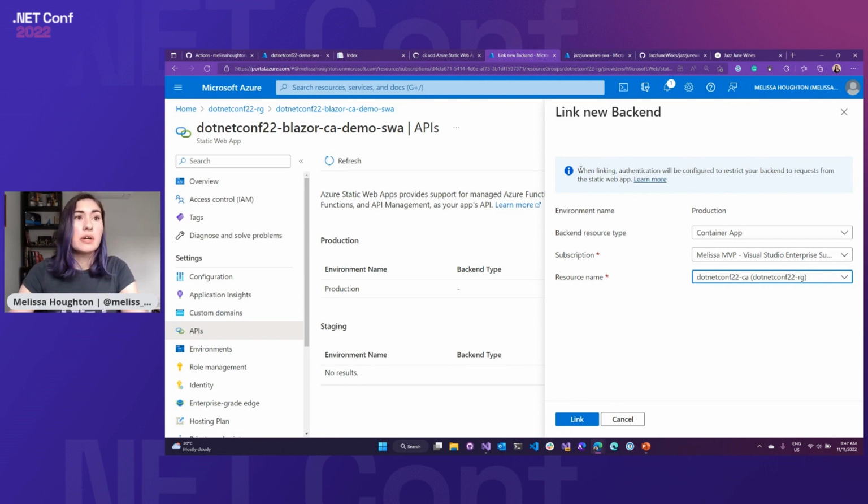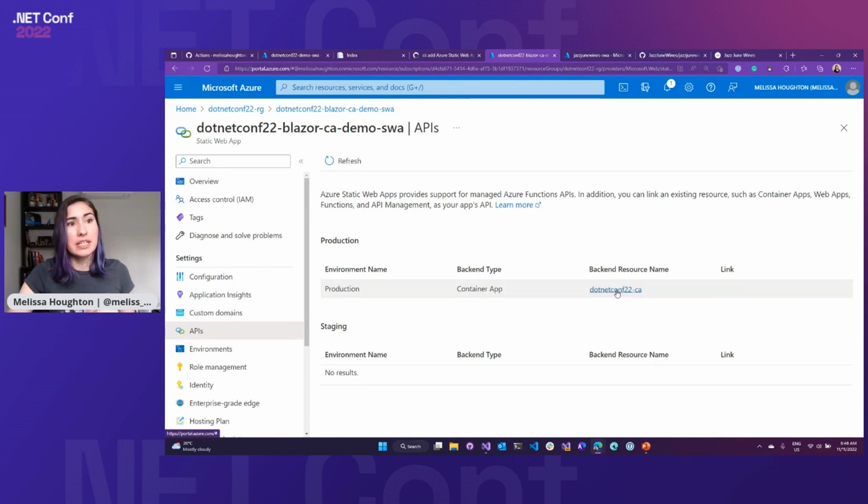So it says, when linking, authentication will be configured to restrict your backend requests from the static web app. So it's already going to set up some authentication rules for you, and you can go and edit those afterwards, but it's nice that it's built in from the start when you do the linking. So we'll click the link, and it'll take a moment and then link it up.